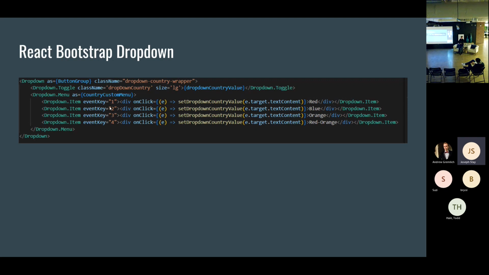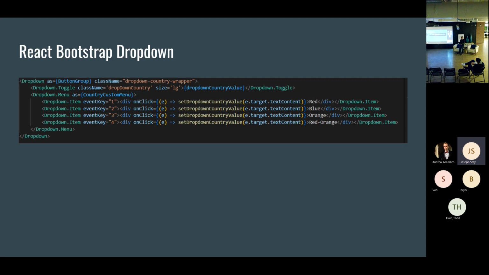So this country custom menu is the template that we're using. And then we can just put in the individual items. This is just some boilerplate items that I put in there, and you can filter by, but the filter doesn't come in here.